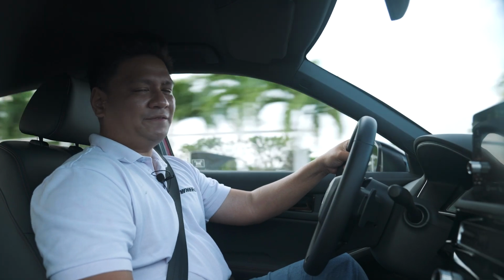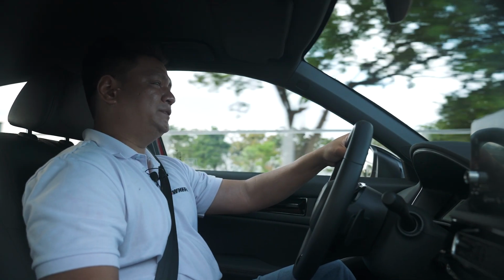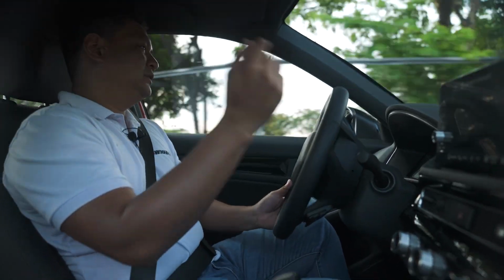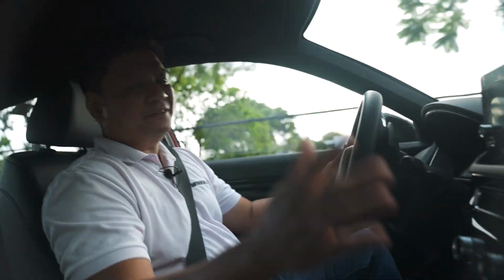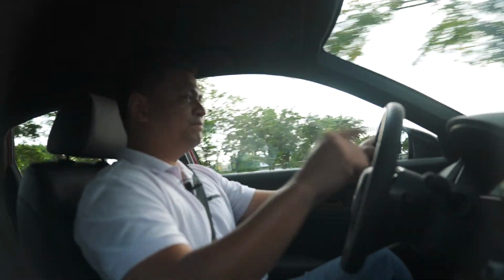Well, if you're talking about safety, Honda Civics have always been there when it comes to safety features. They've got airbags, ABS, electronic brake force distribution, hill start assist, you know, the standard stuff, which I think should be in all cars these days. But